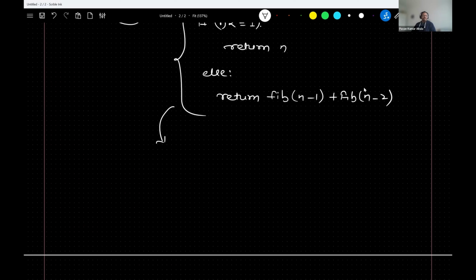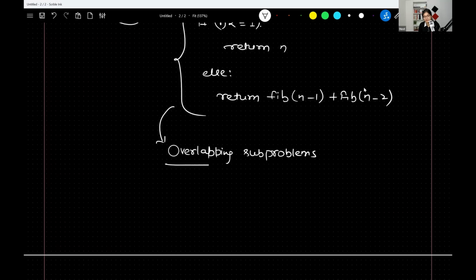Even though the function is evaluated, still again we need to re-evaluate it. Yes. And what was that phenomenon called? Overlapping subproblems. Very good. So we have observed that there exists a problem of overlapping subproblems, meaning similar subproblems are there, similar function calls are repeating. And what this recursion is doing is a recomputation